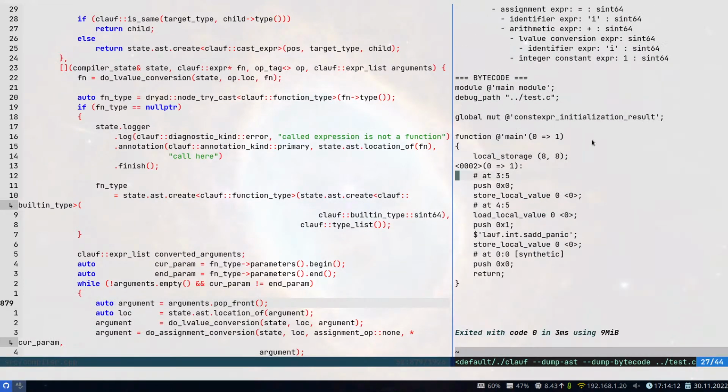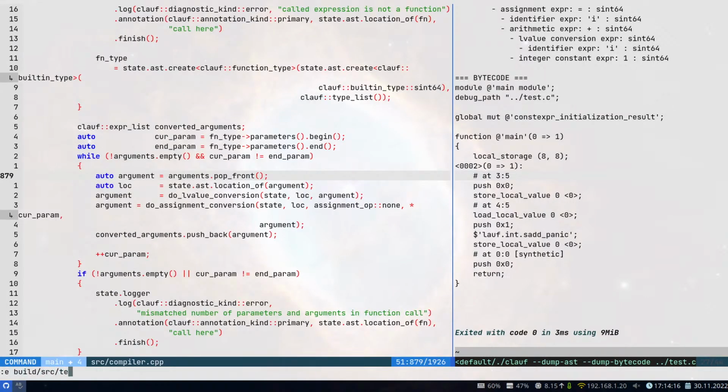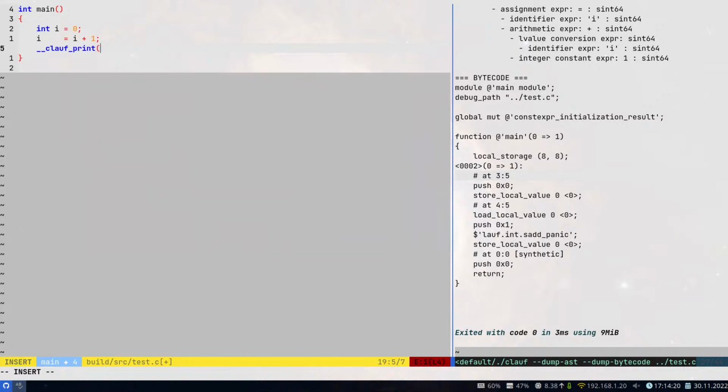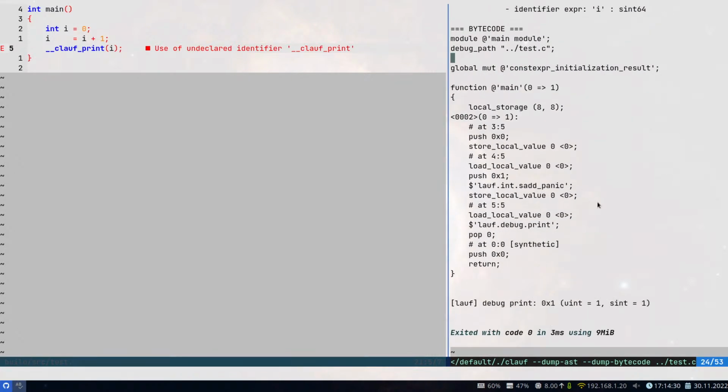This one seems to work. Let me see whether we are. So print I. So as you can see that on the left-hand side of the assignment, we keep the identifier as is, but on the right-hand side, we add the lvalue conversion. The lvalue conversion then causes the load instruction of the actual lvalue, and then we continue on. The interesting thing is whether the tests pass,